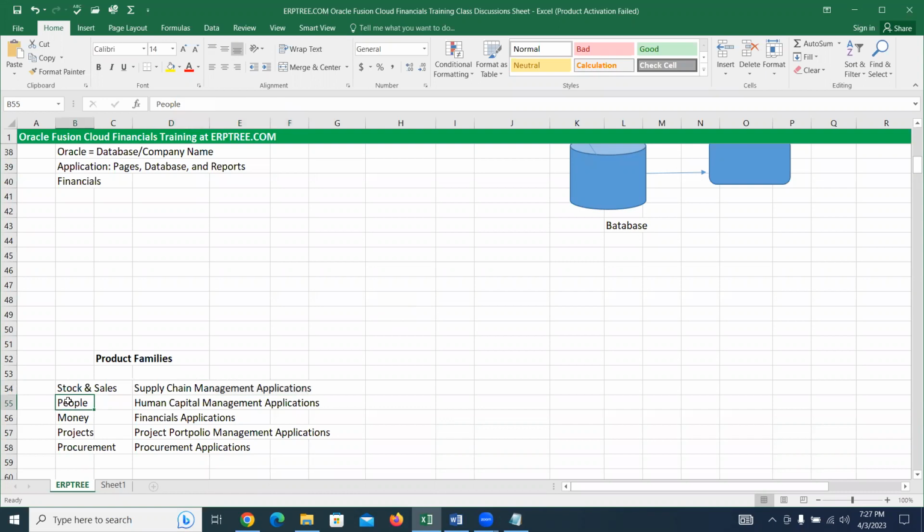To manage your people's information, you can use human capital management applications. There you can maintain the employees' information, employee payrolls, talent, options, recruitment, all people related. In any company, when you talk about employee related complete information, you can manage by using human capital management application.